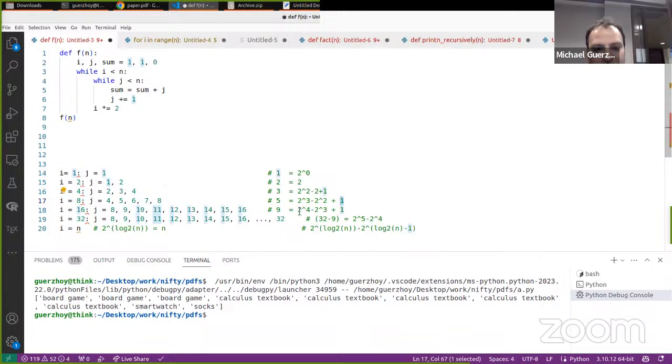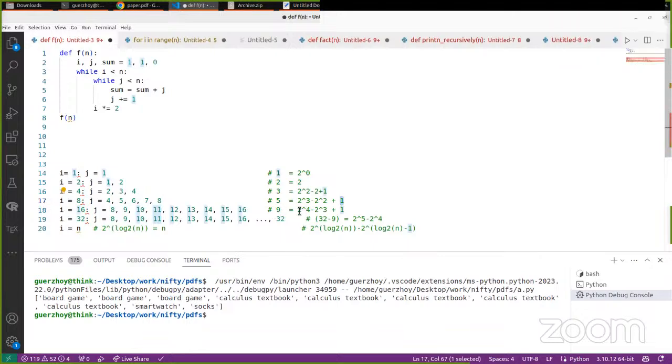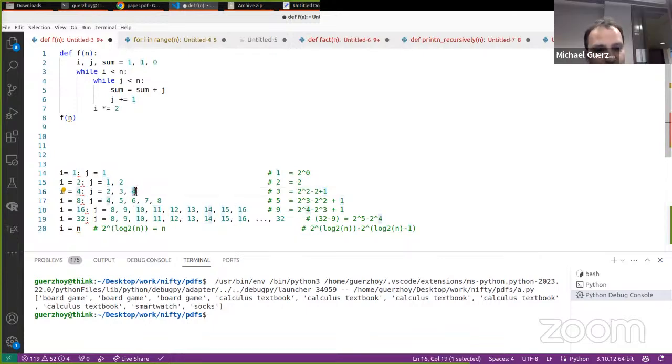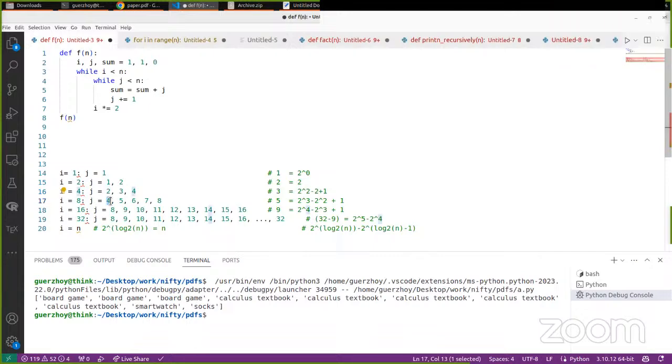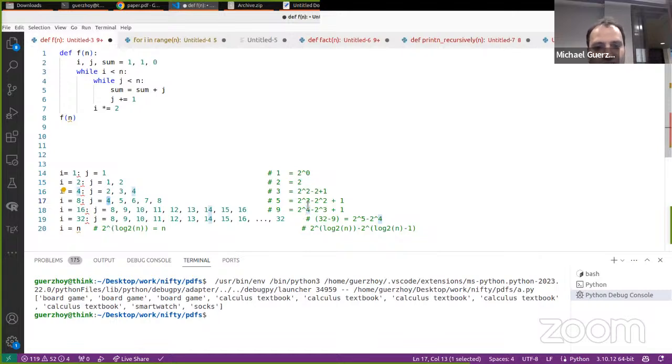And then this is... which one do we repeat? The 4, because we go up to 4 and then we do the 4 again. Oh, okay. And then this is like 2 to the 4 minus 2 to the 3 plus 1, and so on. And we go up to 2 to the log 2n minus 2 to the log 2n minus 1 plus 1. And that's because